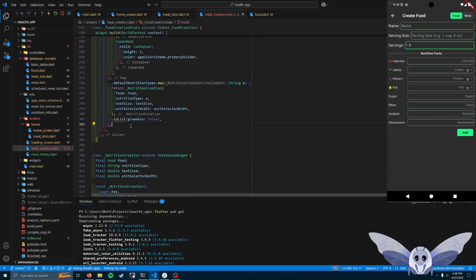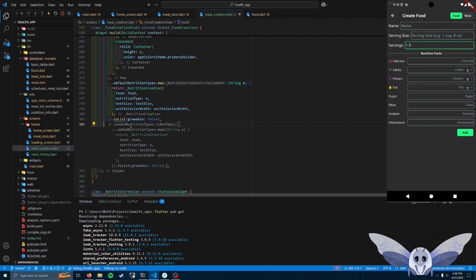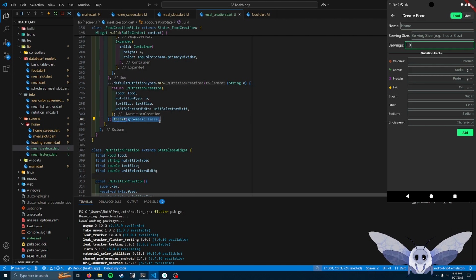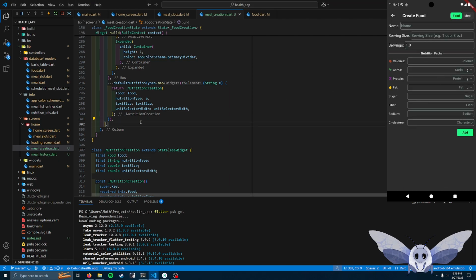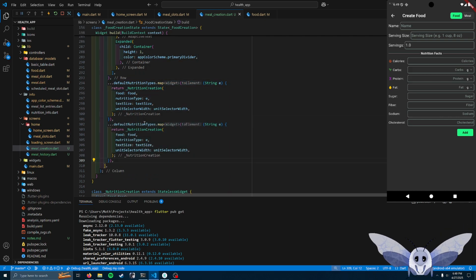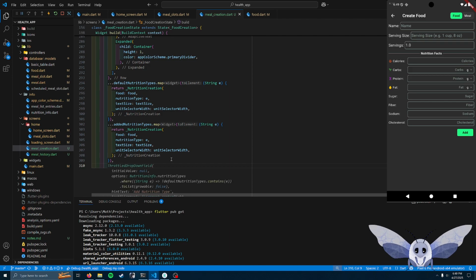Then I think that should do it. Okay, screen looks the same, which is good. Oh, we don't need the to list. Right. Yep, looks the same. And then we'll do the same thing for added. And at the bottom,